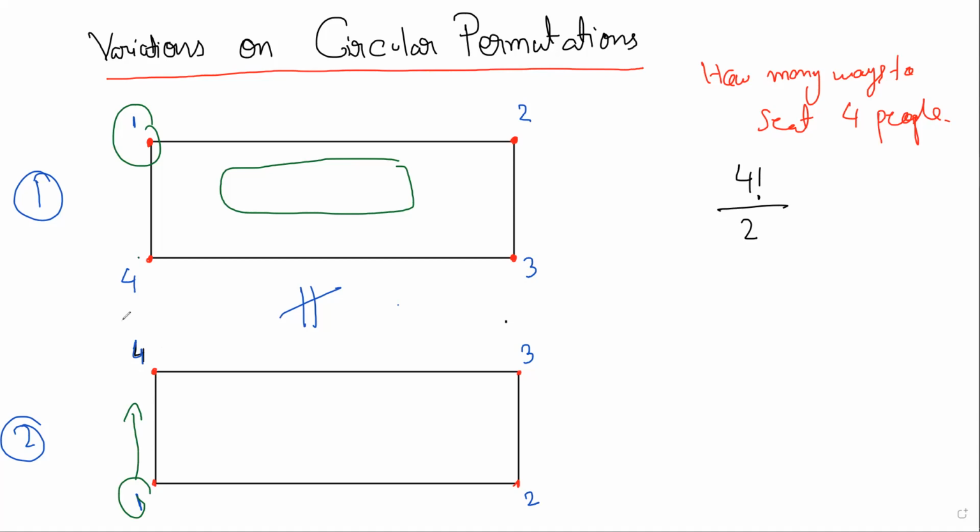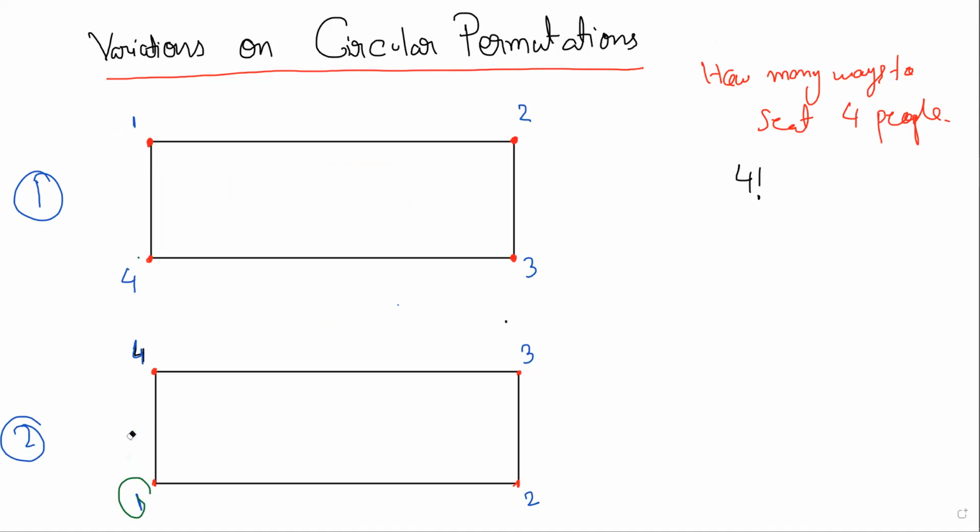I would see them as different because there are people involved, right? Yeah, these two are different. So there's no division involved in this case. It's just 4 factorial. If you do any rotation, then it does not work, and this rotation just changes it. Rotation we just saw does not work, and this is coming from reflection, so also it will not be considered